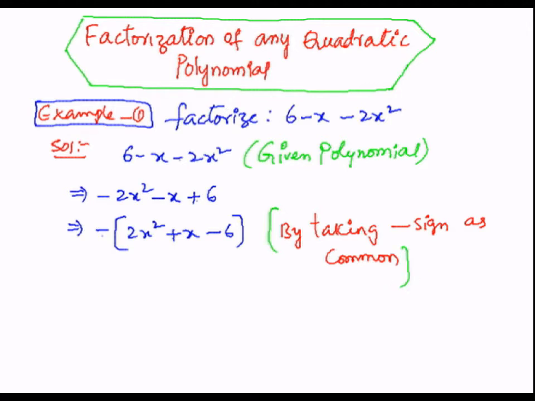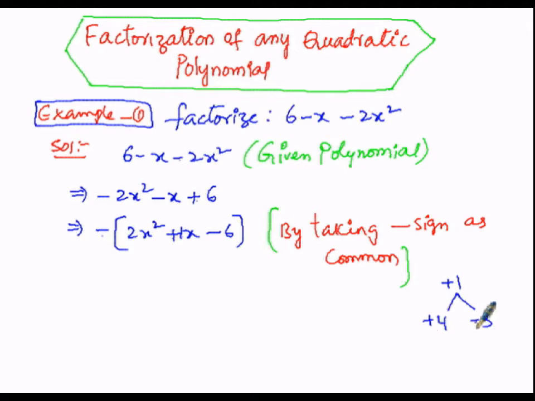Then now, here we have to write the factors of 2x square plus x minus 6. So, minus into 2x square is minus 2x square, minus of plus is minus, then minus of that is x, minus of minus is plus 6. Then I want to split this plus 1x, say here the x coefficient is 1. I want to write plus 1 as plus 4 and minus 3.